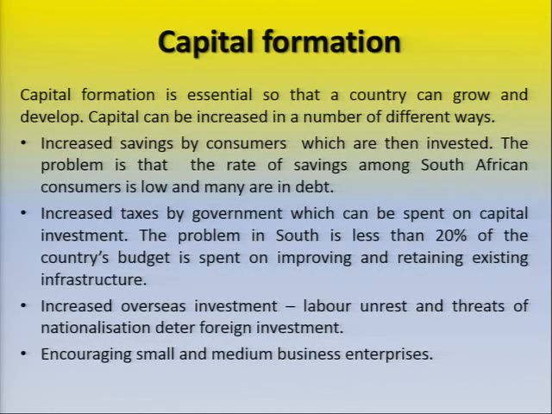So when the government increases these taxes, it will be for the reason that the government can spend more on capital investment. Remember, the bulk of the government spending goes to current expenditure, but less of it goes to capital expenditure. So the problem in our country is that less than 20% of the country's budget is spent on improving and retaining existing infrastructure. So a lot of our budget goes to current expenditure, not capital expenditure, because even the capital that we have, we need to maintain and to improve. So if it is less than 20%, you can imagine